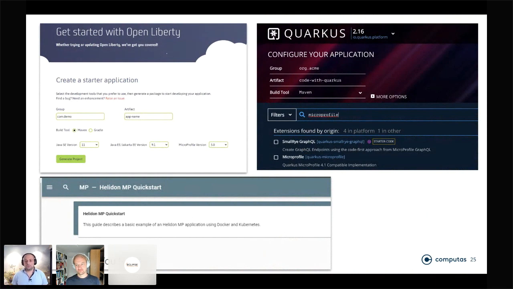You can either choose the one you want to go with and just generate it there, or you can generate one and then modify the POM files or Gradle files or whatever you're using to build your application to contain all that information. But probably a good idea is to pick one of those starters. In our examples, we'll be using quite a bit of OpenLiberty and Quarkus, but you're more than welcome to pick any other provider as well.